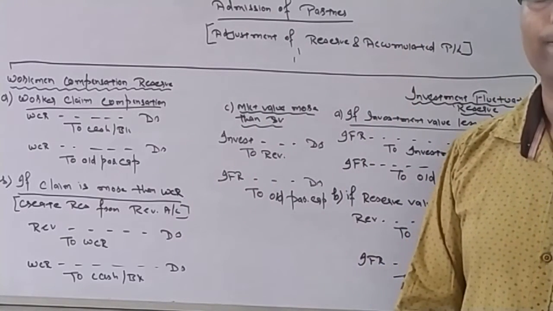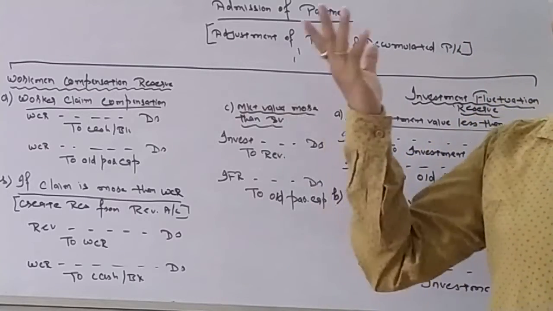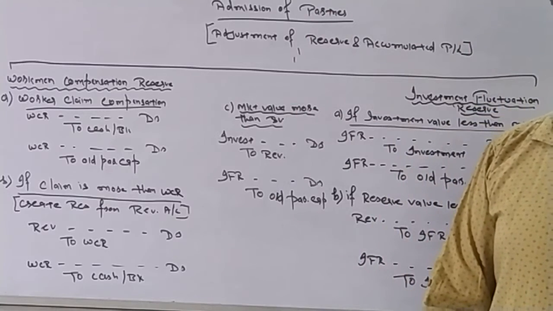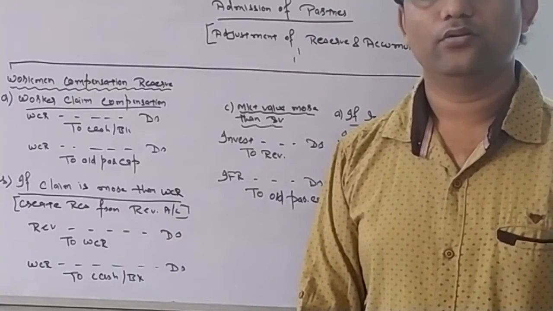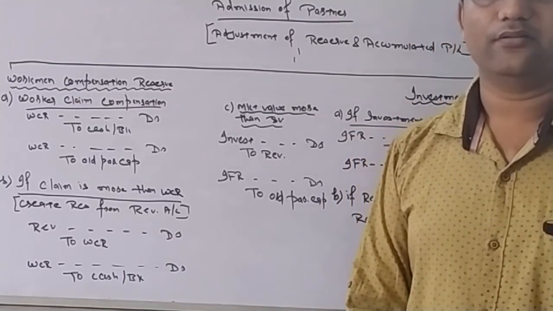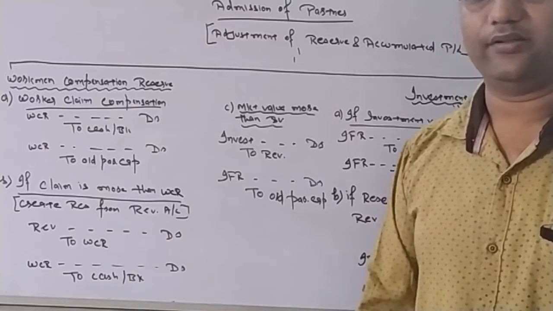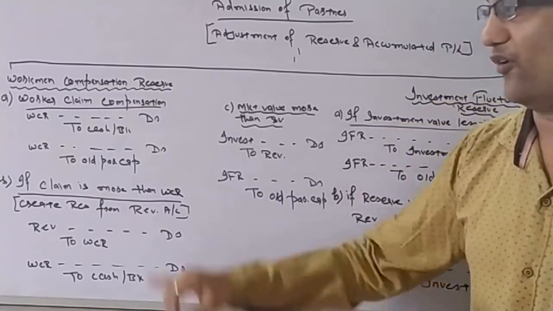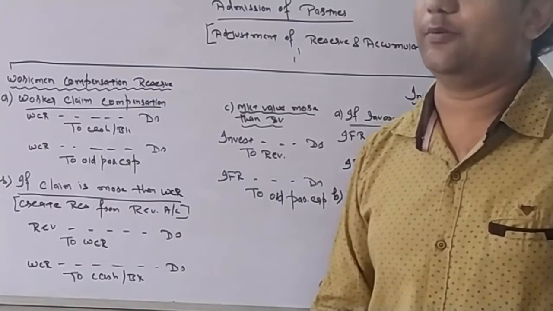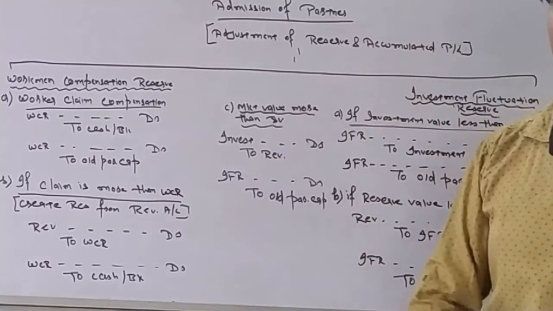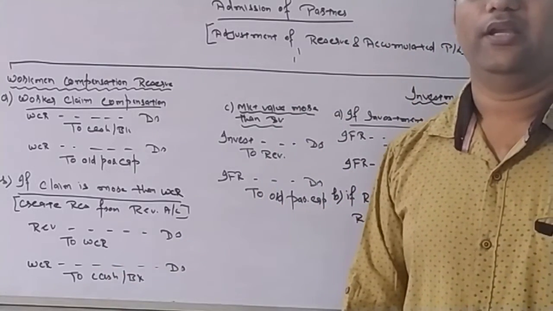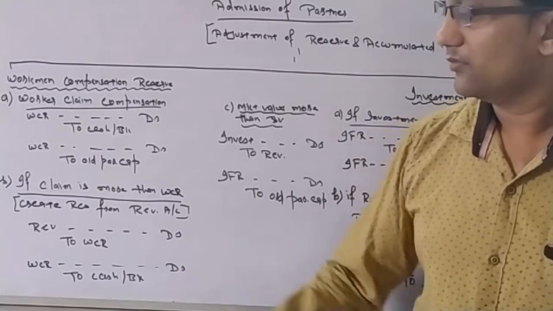Whenever a liability increases, the revaluation account comes into effect. Asset or liability increase or decrease, the revaluation account comes into play. So revaluation account debit to WCR 2,000. Reserve increased, liability increased. Revaluation account will be debited. So the first entry will be revaluation account debit to WCR, and then that WCR will be paid to the worker. If the question is saying the company has paid it, then WCR to cash or bank. If the sum doesn't say anything, keep this entry.